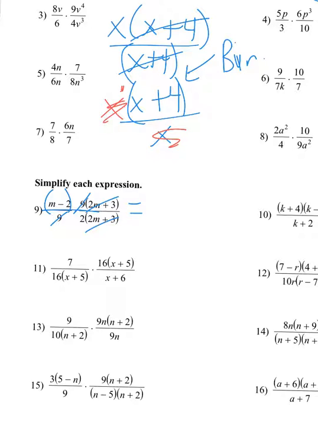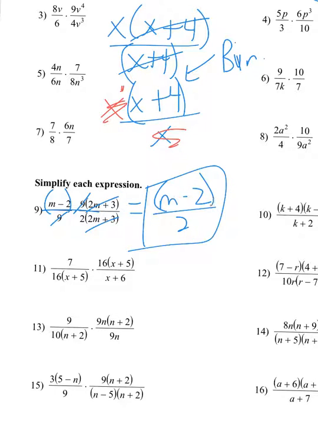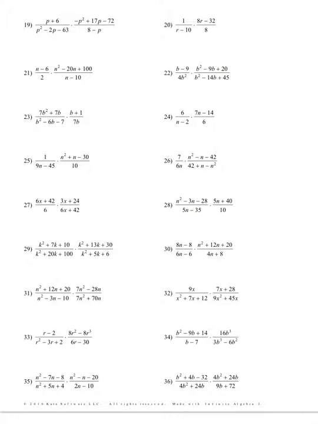So what am I left with? I have my m minus 2. Now, it's not multiplied by anything else on the top, so you could keep parentheses around it, but you don't really need them there. All over 2. And I cannot cancel the 2's that are left here, because again, this is from a binomial, so this 2 right here and this 2 right here cannot cancel. Okay, let's go to the next one, and we're going to do number 23,